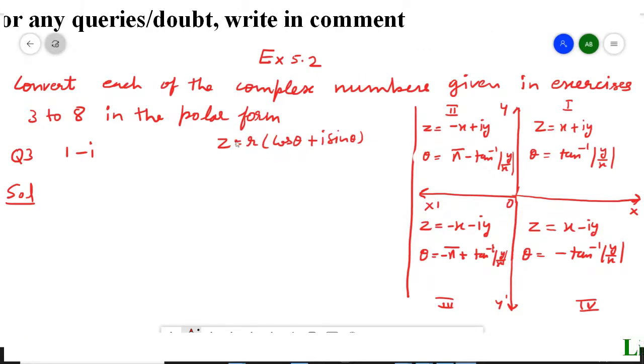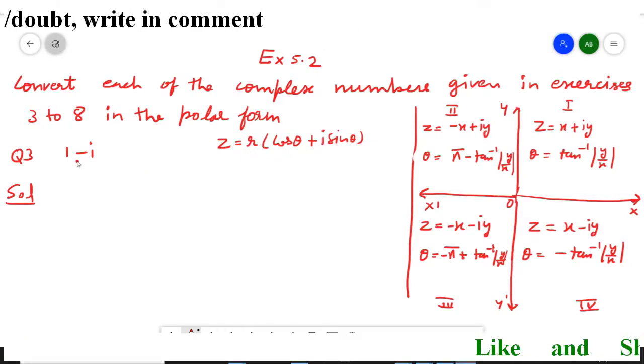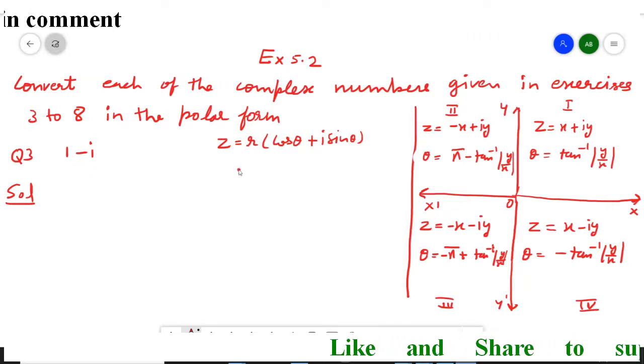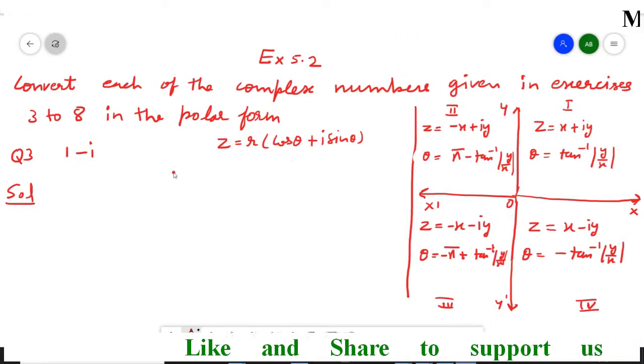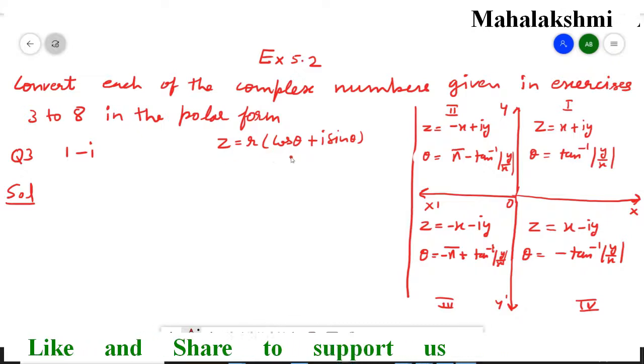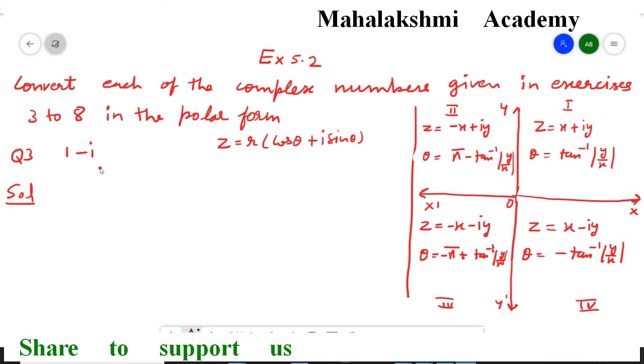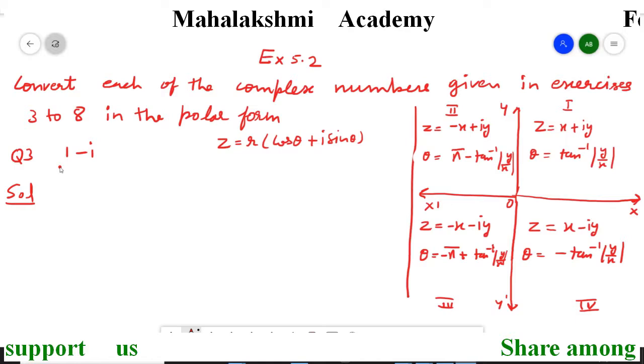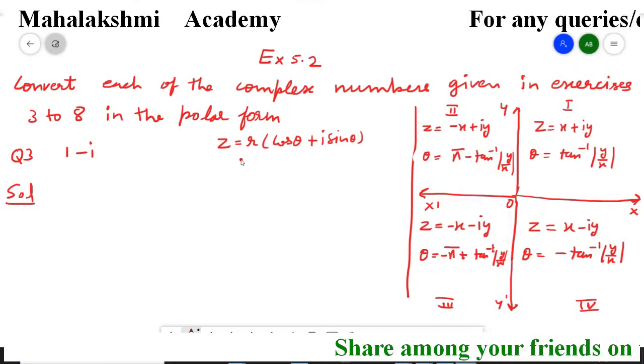So first I am going to calculate r, that is the modulus of this complex number z, and then we'll calculate theta. After finding the values of r and theta, we'll substitute them, and that is going to be the polar form of this complex number. So firstly we are going to assume this as z. So we'll write here,